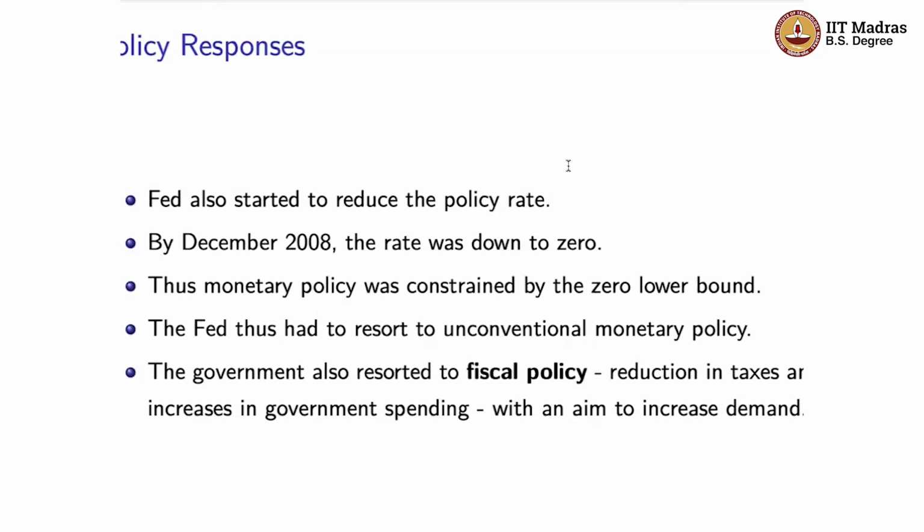However, there were problems that also happened in the monetary policy domain that led to a lot of innovative strategies and non-standard ways in which the central bank tried to intervene, right? So these are what are known as unconventional monetary policy. And the government also resorted to what is known as fiscal policy, right? Again, these are terms with which you may not be familiar now, but we'll discuss later on. But these are basically the policy instruments related to taxes and also increases in government spending. The whole aim was to compensate for this reduction in demand from the consumption and the investment side, so as to increase the demand and stabilize the economy, right?